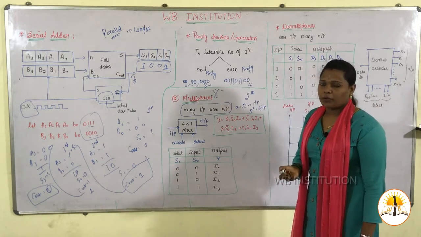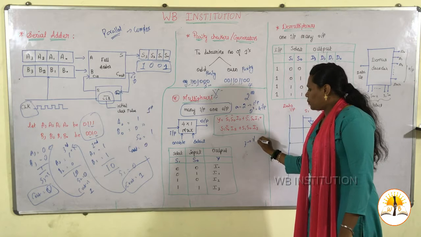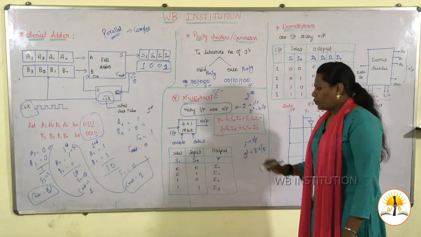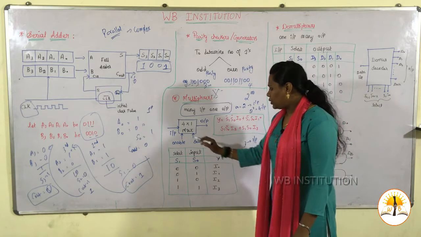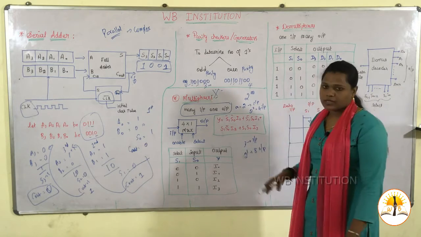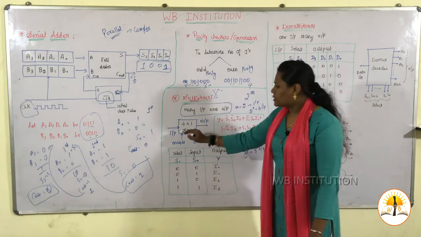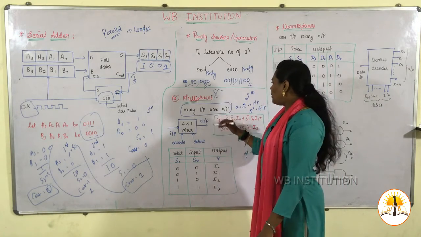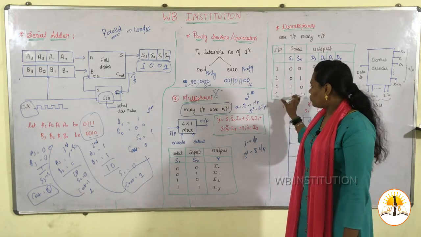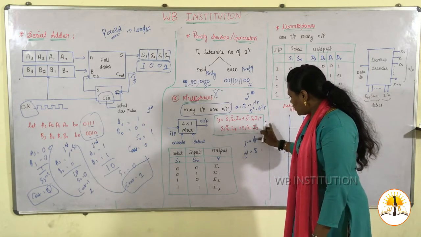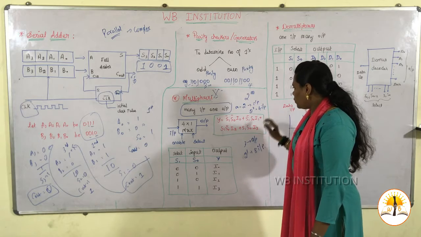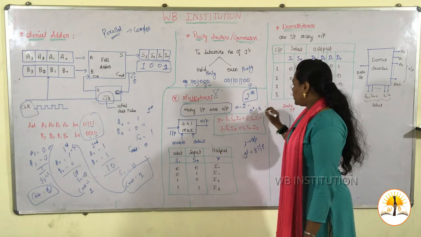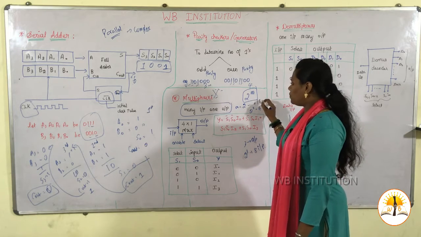Okay. If 3 is your input, what will happen? 2 power 3 is 8 will be your output. So here I have used only 2 inputs, my output will be 4, like that. Okay. See, this is a 4 into 1 multiplexer. So many inputs and 1 output you will be getting. This one will be your input and this will be your output. Remember 2 power m.